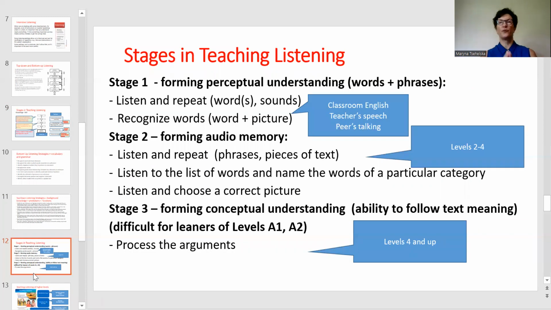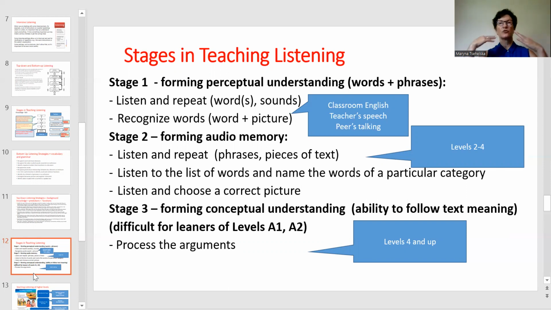We start with forming perceptual understanding. Students learn to recognize a word, then a phrase, they listen and repeat. And here we may check their understanding by pictures or by translation if you know the language of your students. I would like to point to the specific importance of teachers' speech at this time, peers' speech, because